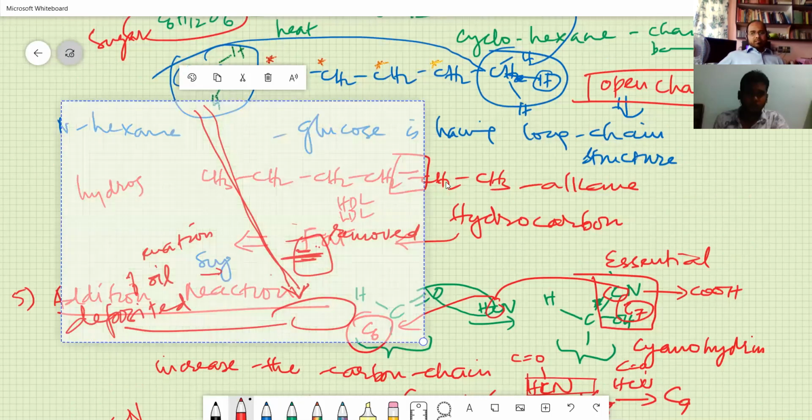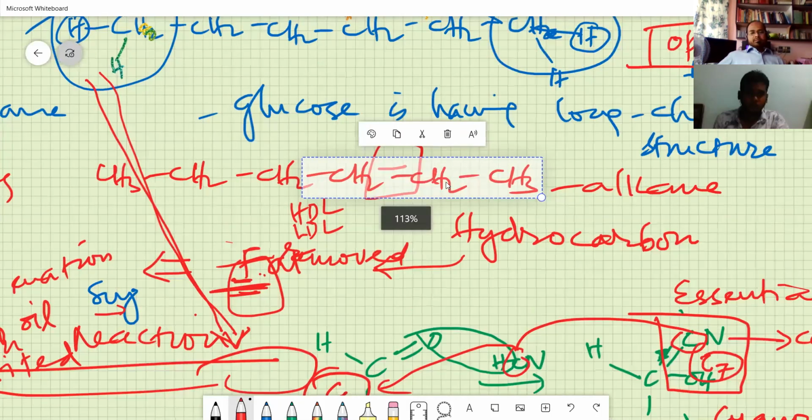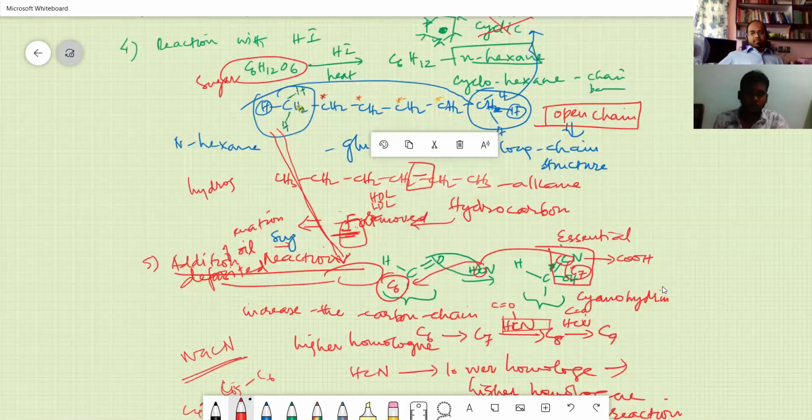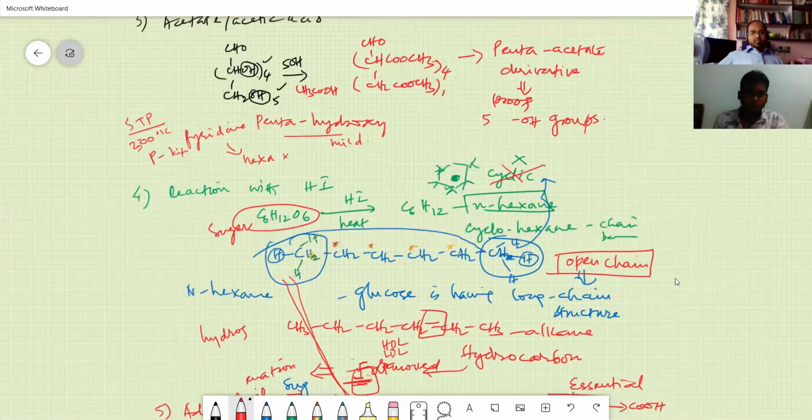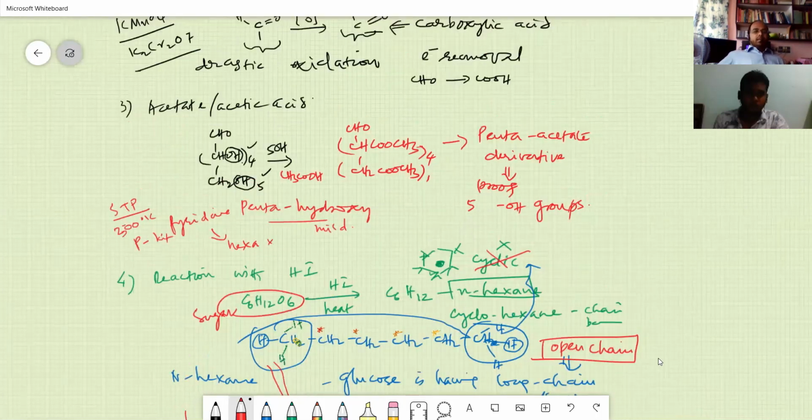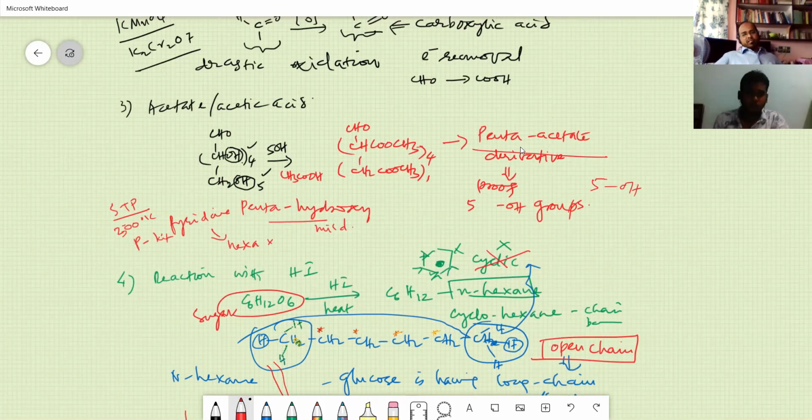The rest of the 2 reactions are, you see, this acetic acid. A pentacetate derivative has been formed. The pentacetate derivative suggests there are 5 hydroxy groups. So you have got 5 hydroxy groups, that is the suggestion there. And then reaction with HI in the presence of heat gives rise to n-hexane. The n-hexane suggests that there are 6 carbon atoms in the monomer unit of glucose, the open chain